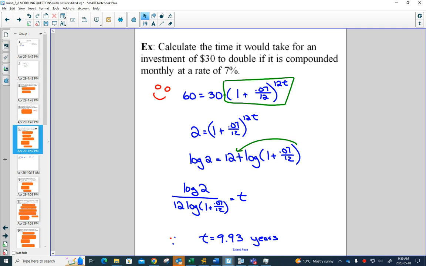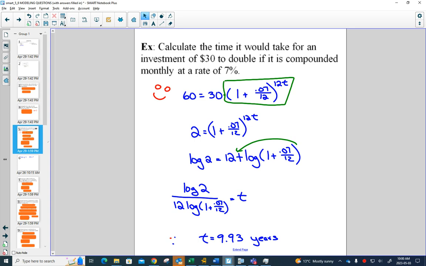Now, something fascinating is going to happen in this question. The first fascinating thing is that if you had to redo it, and instead of asking how long would it take $30 to double, you ask how long it would take for $1,000 to double, I put 1,000 here and 2,000 here. But when I divide by 1,000, wouldn't I get the exact same equation? It would be 2 equals. No matter what amount of money I put in,